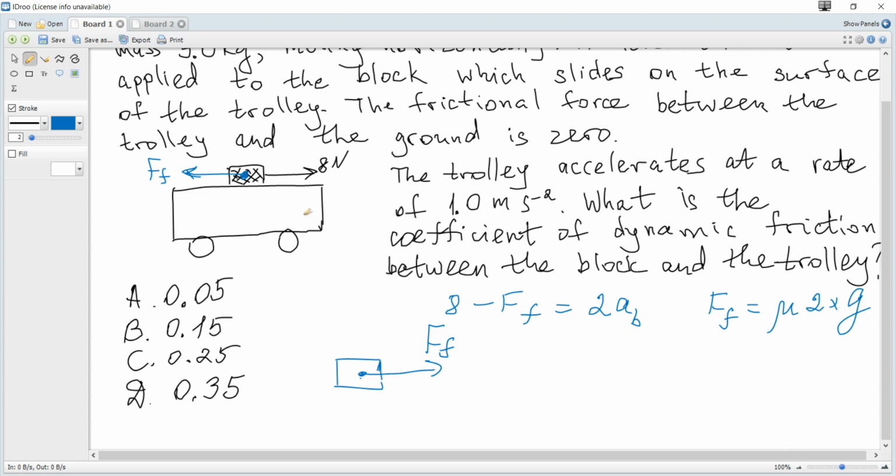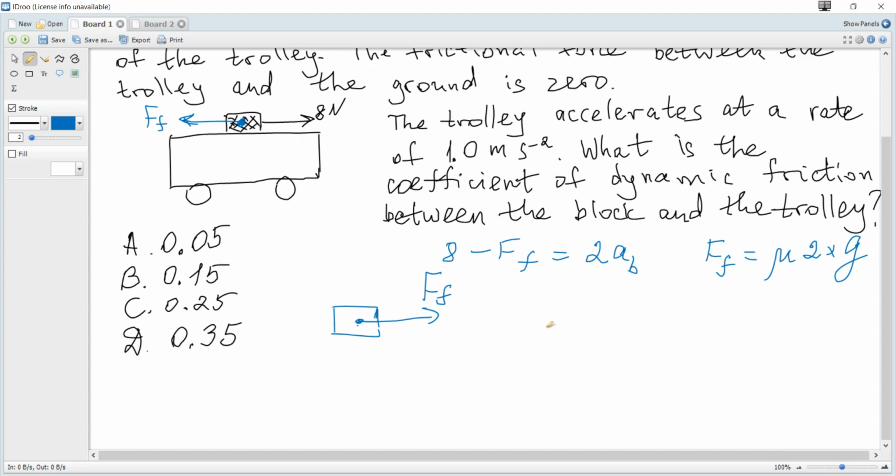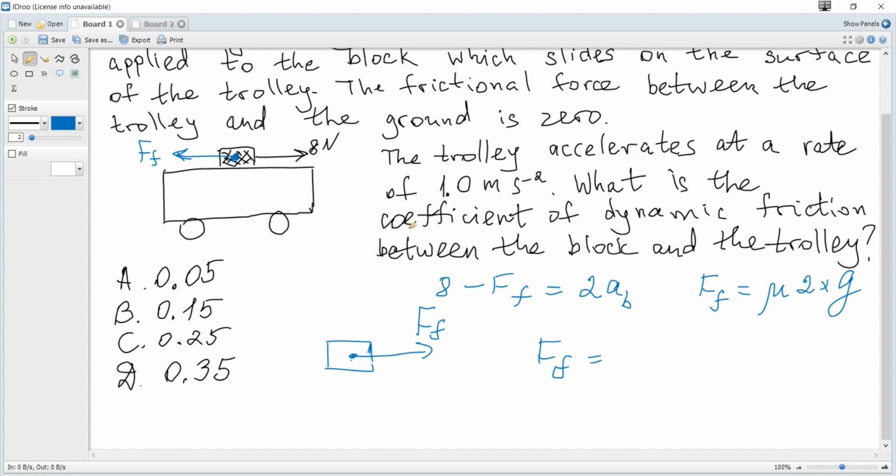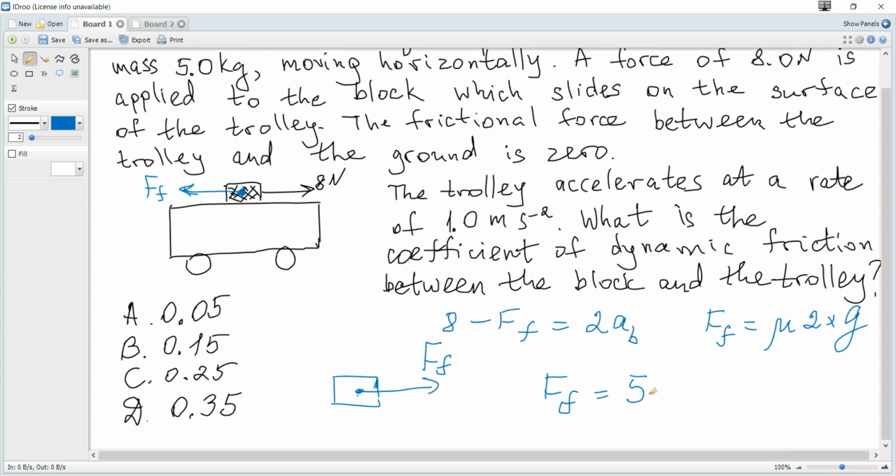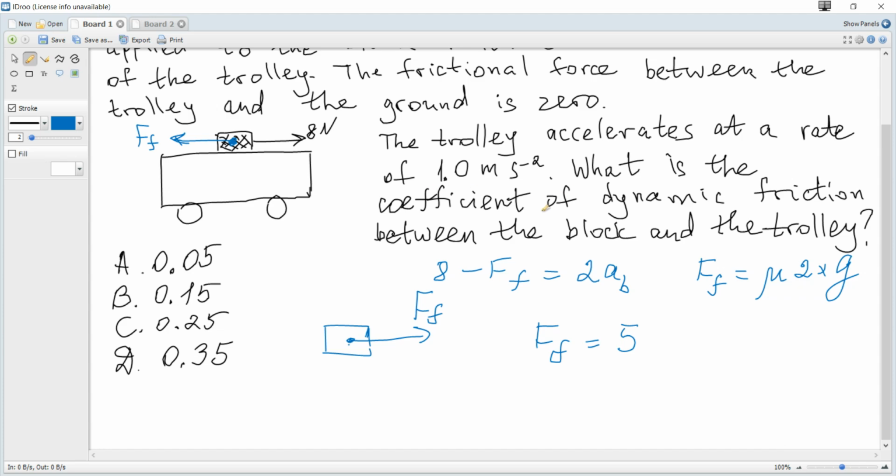And if we consider the trolley, the only horizontal force is frictional. And again, the second Newton's law in horizontal projection: there is only one horizontal force, and it's the resultant force, and it is equal to ma. Since we consider the trolley, it's the mass of the trolley, 5, multiplied by the acceleration of the trolley, 1. 5 times 1 is 5, but this is equal to the frictional force, so it becomes 2 mu g is equal to 5,